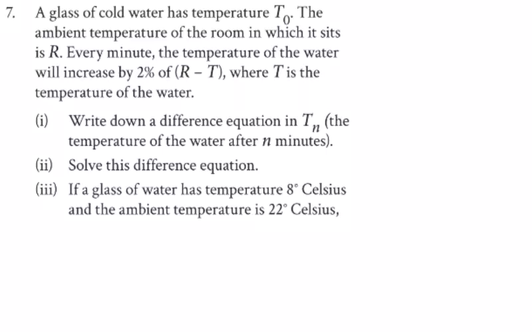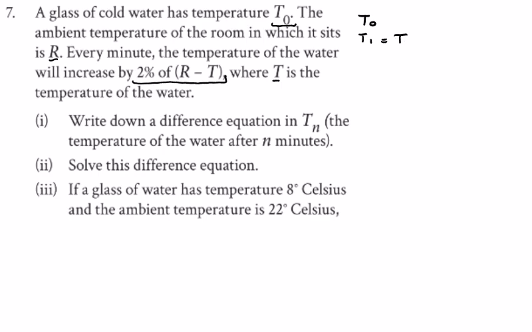Here we have a cold glass of water. Temperature is T0. Ambient temperature of the room is R, and T is the temperature of the water. And each minute, the temperature of the water will increase by this much. So if it starts off as T0, after 1 minute, the temperature will be